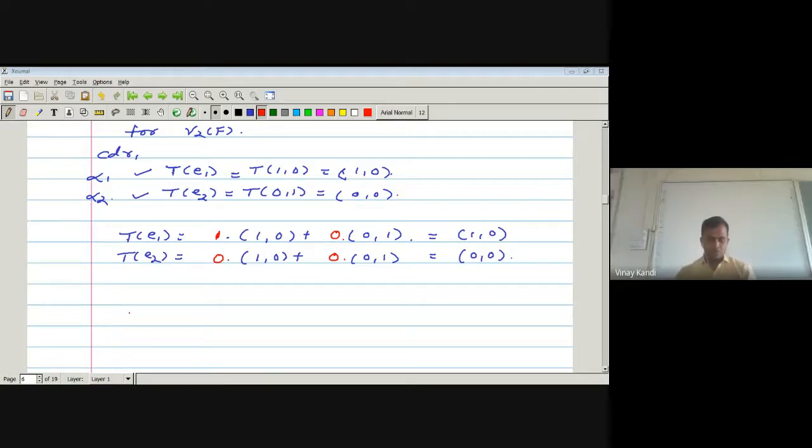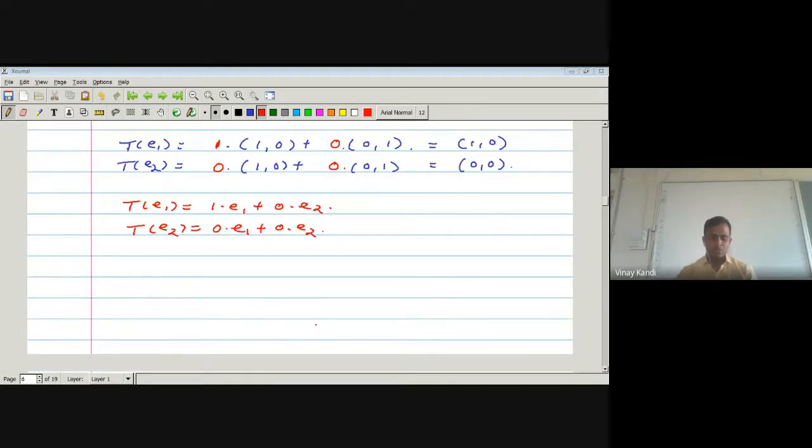Now the coordinates: T of E1 is equal to 1 into E1 plus 0 into E2, and T of E2 is equal to 0 into E1 plus 0 into E2. Now hence the matrix of T, with respect to beta,